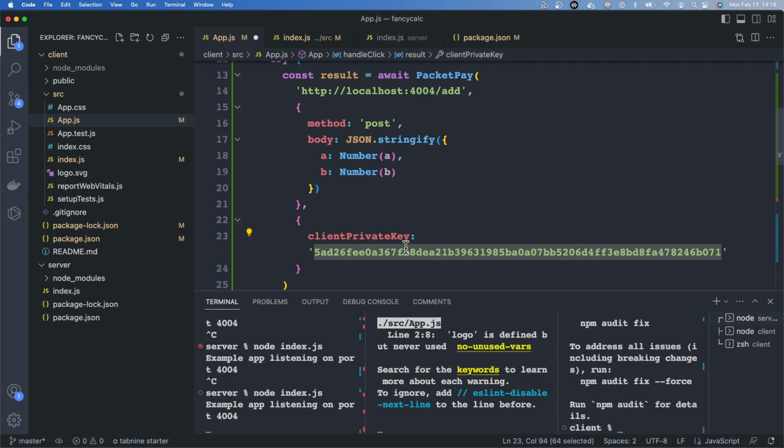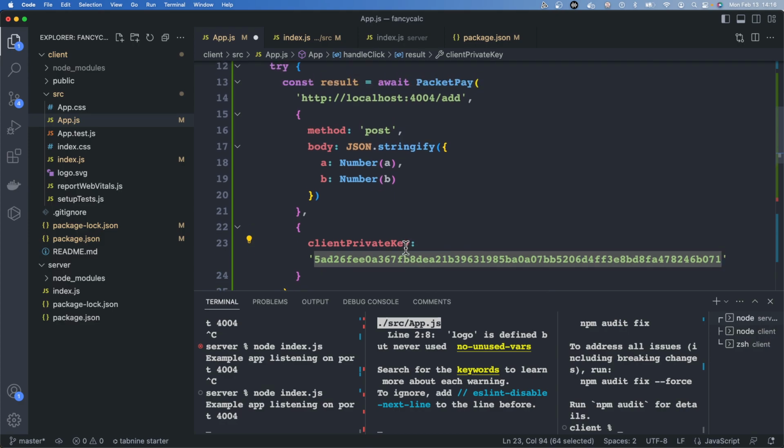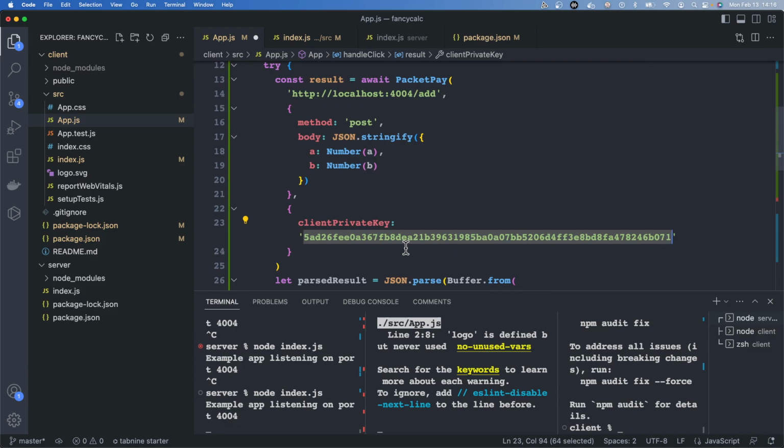So I don't need to have a MetaNet client running. The MetaNet client is useful for browser applications where a user pays for something. But when I, as the backend server, want to actually make a request, I can provide a key like this, and I don't need a MetaNet client to make the payment. So